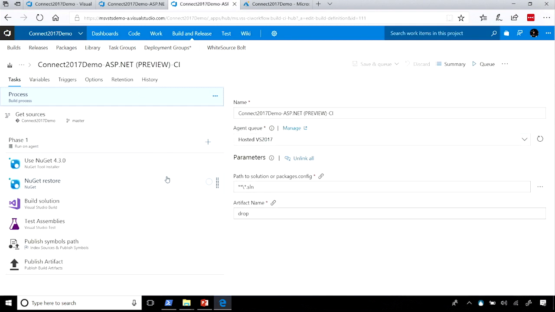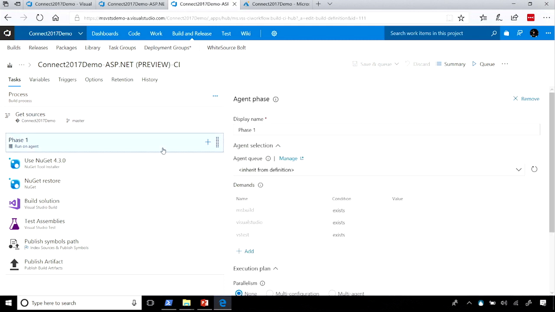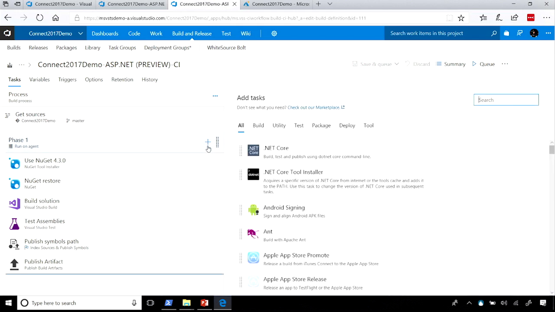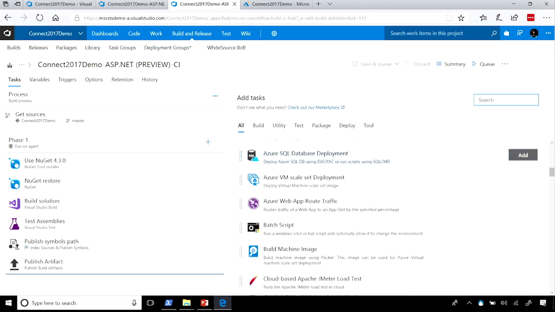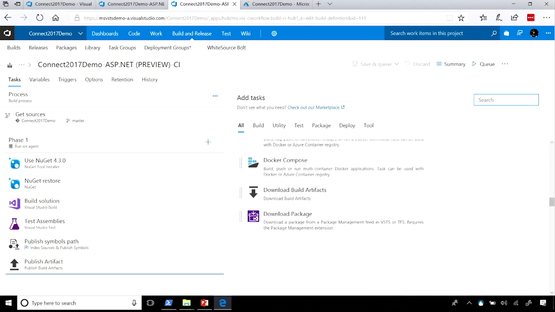So what type of things can you edit? How do you customize a build? The way that you customize a build is that you can add or remove agent phases. And then for each agent phase, you can start adding and removing tasks. Now, out of the box, VSTS has about 100 tasks that you can